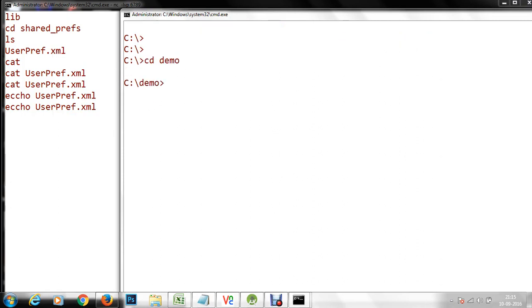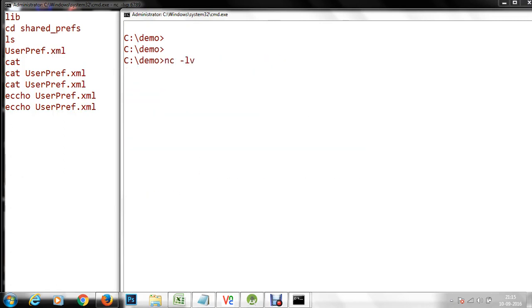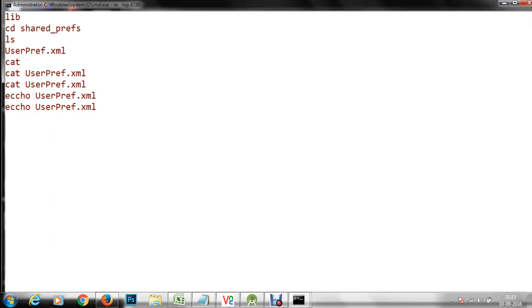I'll go to the demo directory here, and within this I'm going to listen for another connection on port number 6788, and I'm going to store user_pref.xml in order to show you how data is stored in shared preferences. Now from here I'm going to transfer to 192.168.0.104 on port number 6788, and I'm going to transfer user_pref.xml.